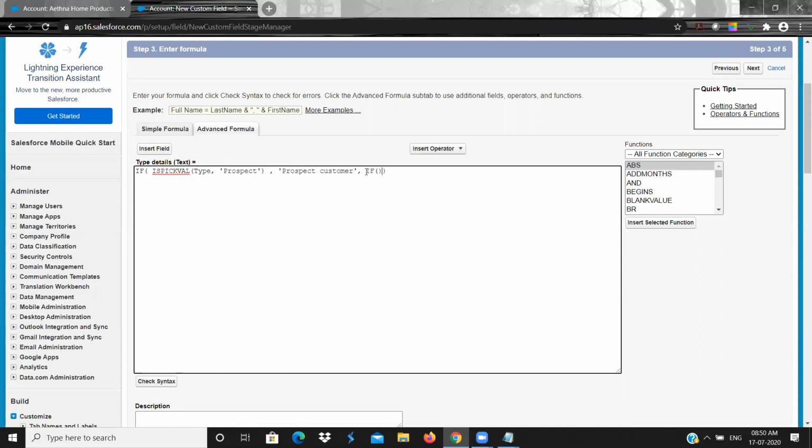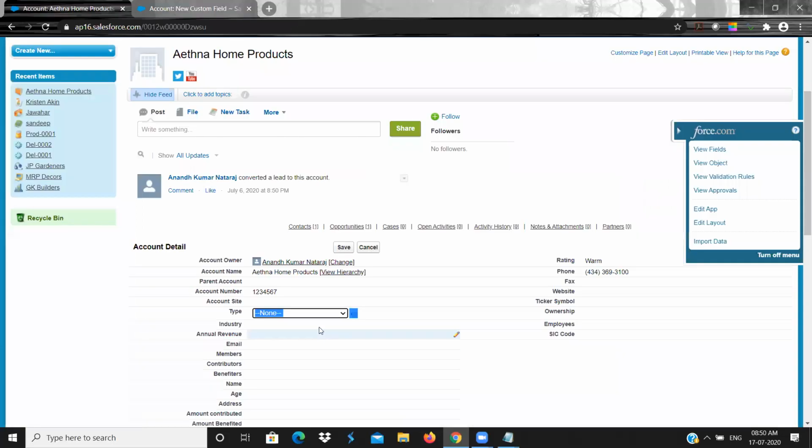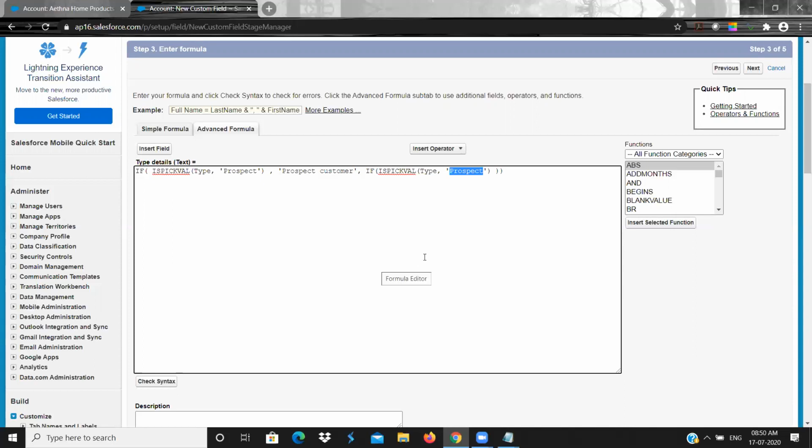The condition is is pick val of type, the same thing, but here I will add the other value, customer direct.